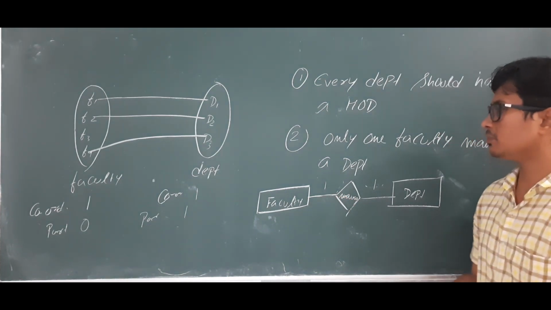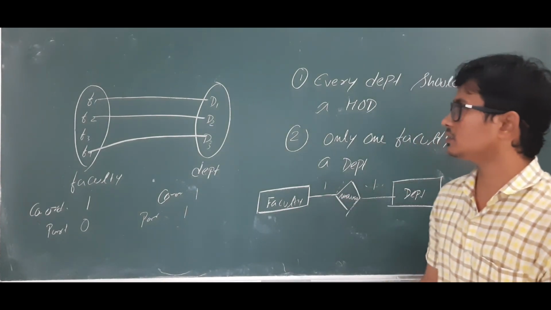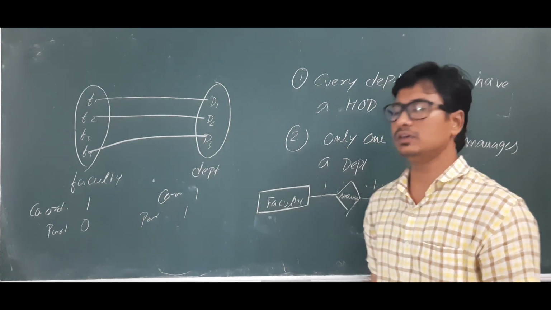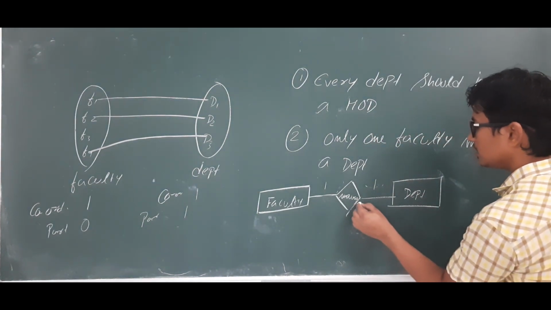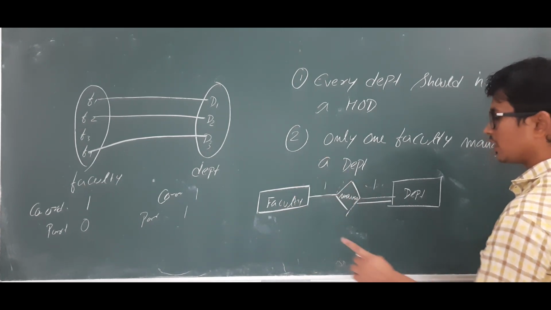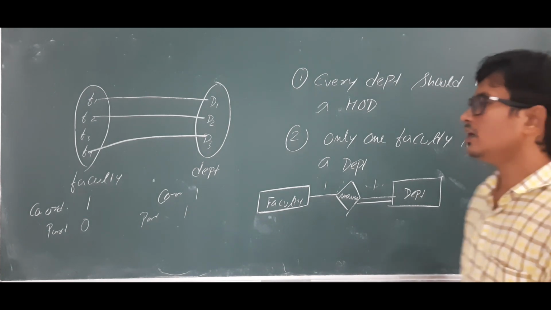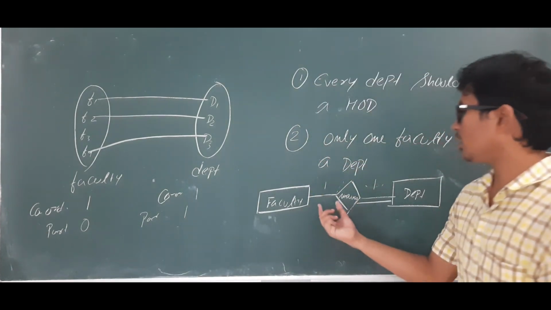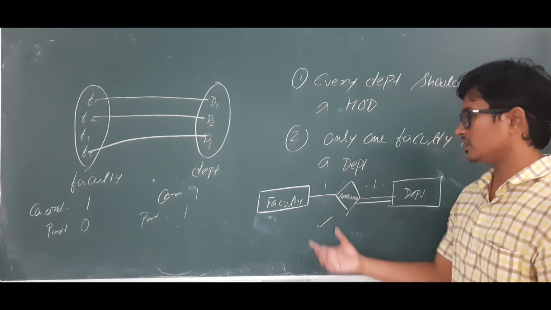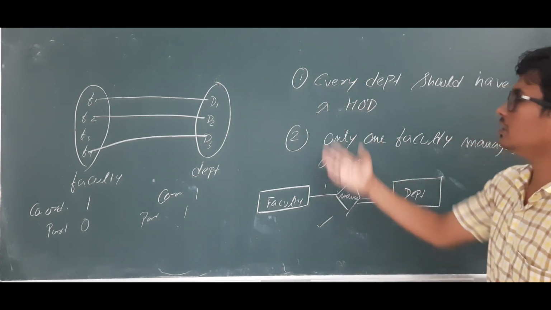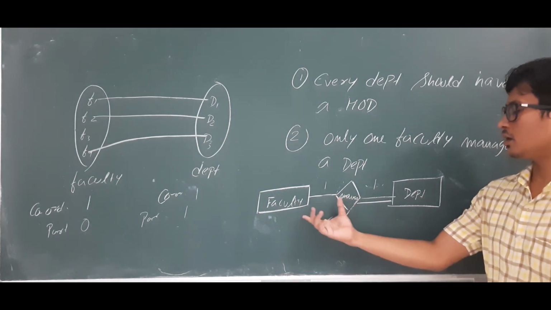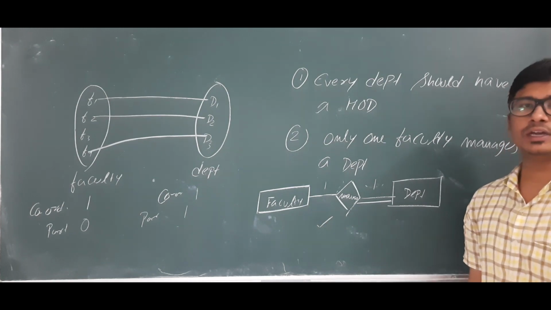Whereas the department participation value is 1, meaning that all the entities in the department have a relationship, they are participating in the relationship. I can say that it is a total participation. So if the participation value is 1, we call it total participation. If the participation value is 0, we call it partial participation. So this is the cardinality ratio representation for the ER diagram for the above requirements. I hope you have understood how I constructed the ER diagram. Okay, thank you so much.